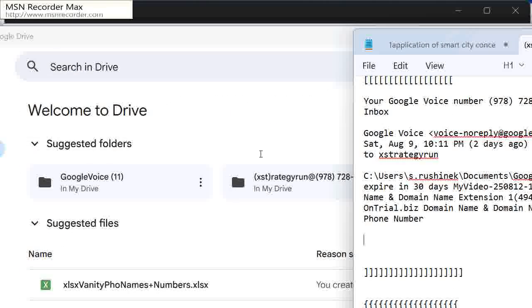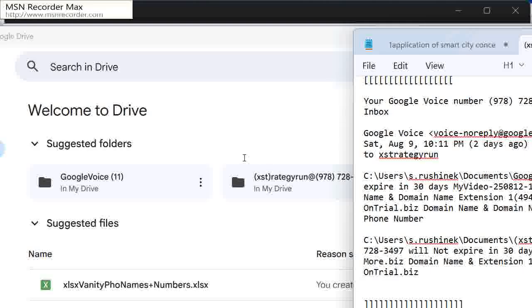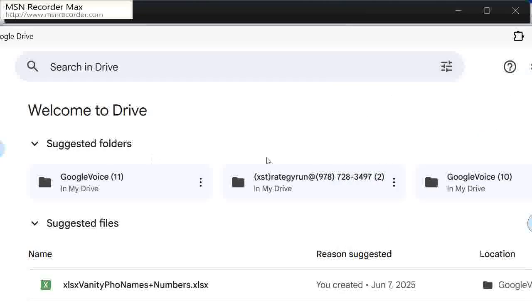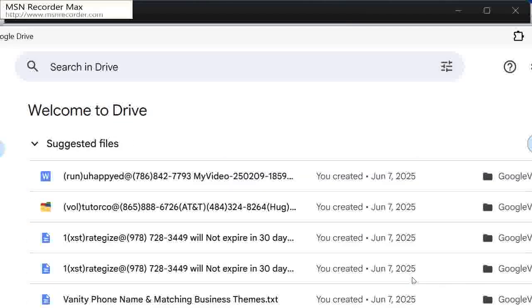Control V. And then I want to upload it to my Google Drive again. In the meantime, I'm going to go back to my dialog box with Google. Let's do it full screen